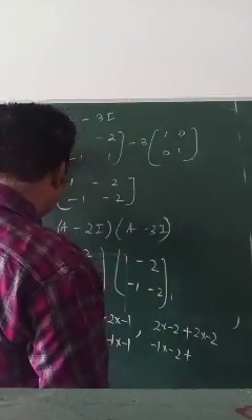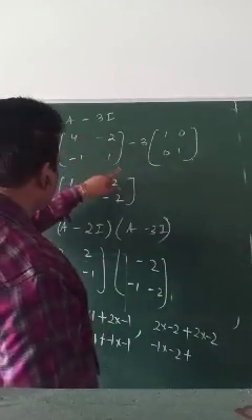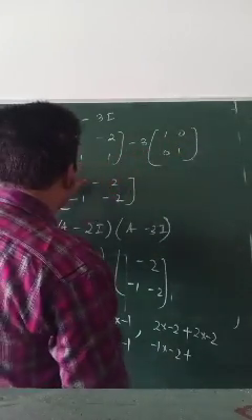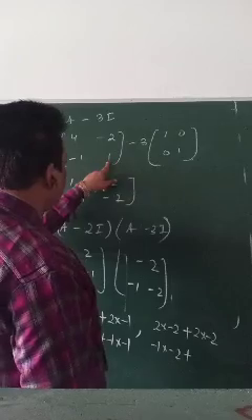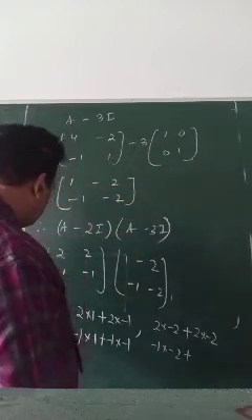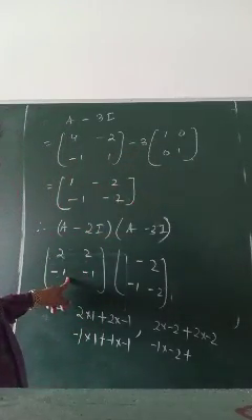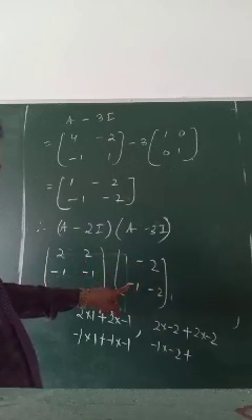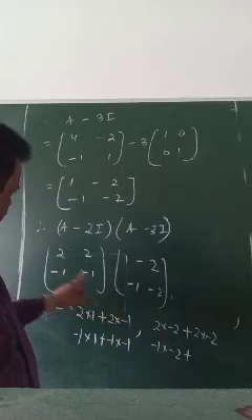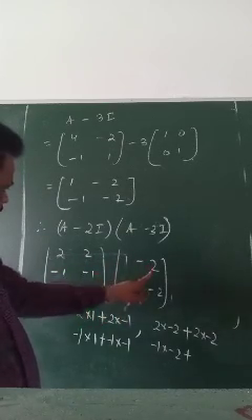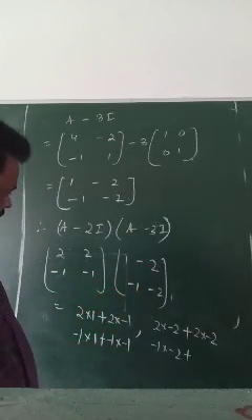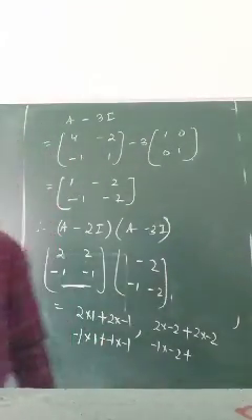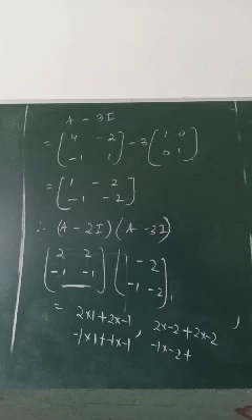I think we have to check where we have done a mistake. 4 minus 3, 1. Minus 1, 0. 1 minus 3 is minus 2. 2 minus 1, 1. Minus 2, minus 1, minus 2. 2. This is 2. Just check it. I think we did a mistake here because I have dropped here. You can check it. Somewhere mistake we have done.